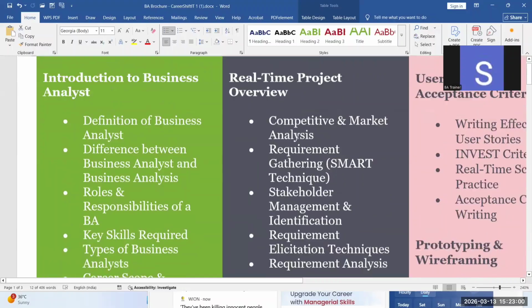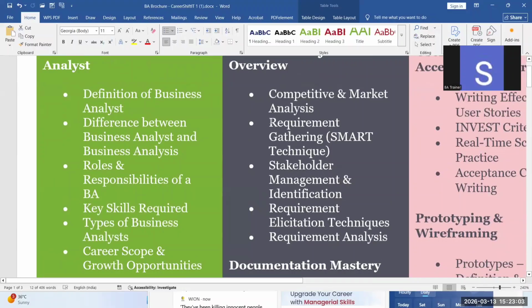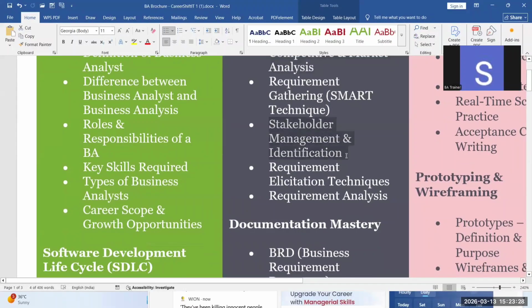We will also be teaching you how exactly a business analyst gathers requirements, and we will be conducting role play sessions, which will be beneficial for the enrollers. It will help them as a real time experience of what exactly a BA does in the work environment. We will be training you through role play sessions on requirement gathering. And we will be teaching you competitive analysis, marketing analysis, stakeholder management and